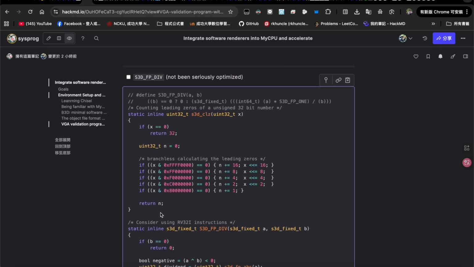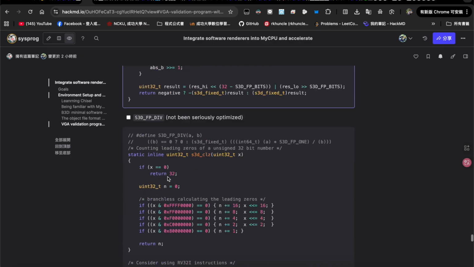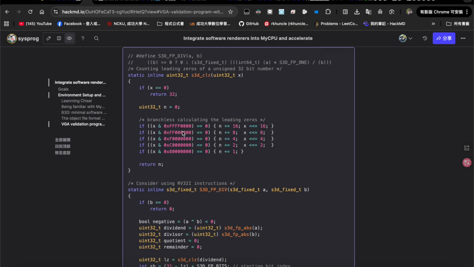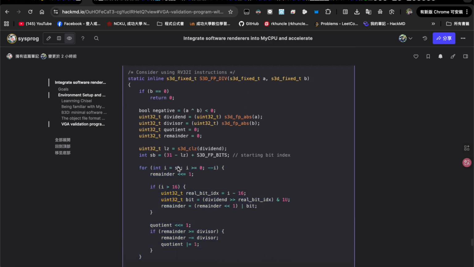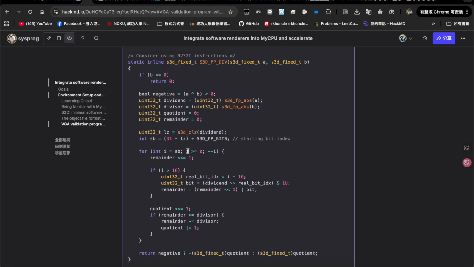So I changed it to do it manually, the same as the multiplication. I also made it not a macro but an inline function, calculating the division, including the dividend, divisor, quotient, and remainder,